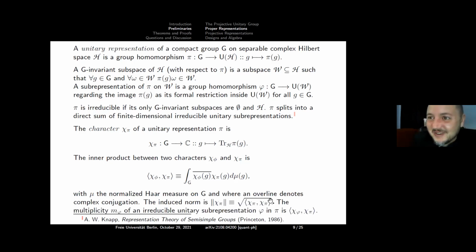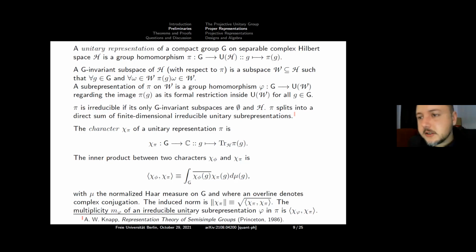So there's the norm, right? I should say for the experts that for compact groups, the space of complex valued class functions on G is dense in the square integrable functions. Okay, so that's how it works. And now we can do a really cool trick. If I've got an arbitrary unitary representation, I can determine the multiplicity of the irreps just by taking inner products of characters. So the multiplicity m of phi, an irreducible unitary subrepresentation of pi, is just this inner product of characters.